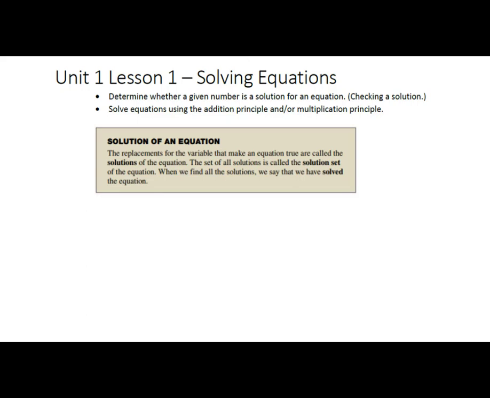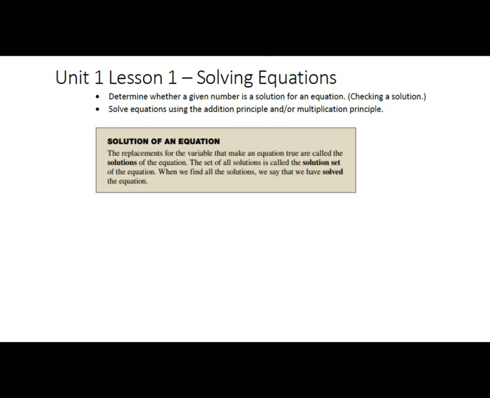Hello, my name is Professor Blackman, and today we're going to be talking about Unit 1, Lesson 1, which is solving equations. We're going to start out talking about what a solution is, which eventually becomes checking a solution after you solve it,